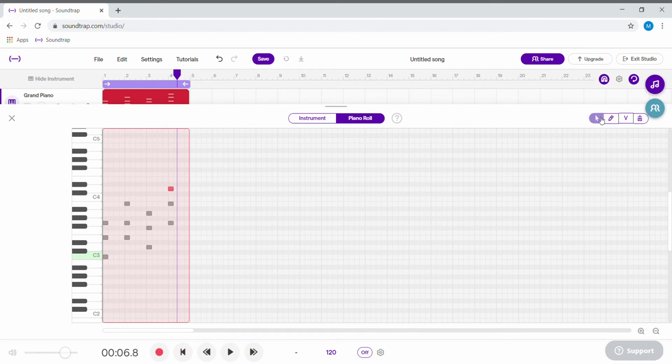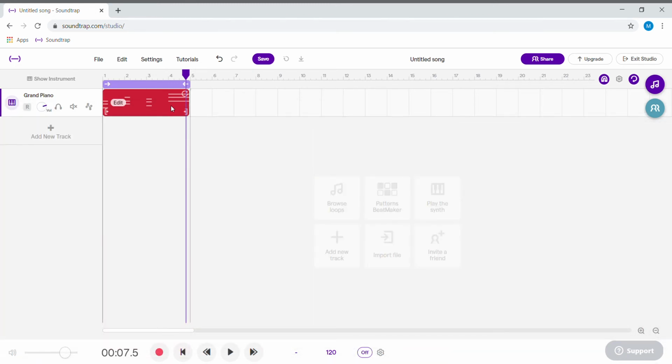If we want to extend them, you can go over to the mouse symbol here. If you select a note, you can drag it to extend it longer, but you have to do this one note at a time. So you can see that makes it longer, but it's very time consuming. It's quite difficult to do. So a quicker way, I'm going to delete this,